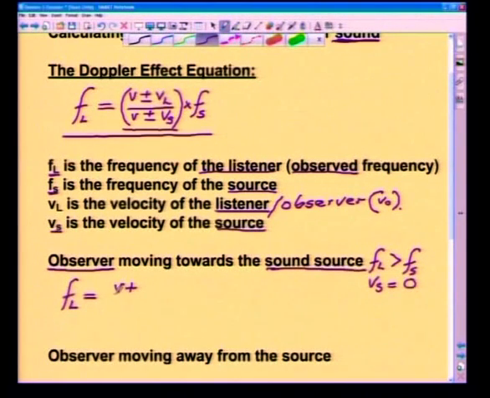So it will be V, which is the velocity of the waves in the medium, plus the velocity of the listener. We can't say minus. If we say minus, then we'll be bringing it down, yet it should be getting bigger. That will be divided by the velocity of the waves in the medium minus the velocity of the source. We want to make this one smaller, but we know that the velocity of the source is 0, so it's not going to make any difference, but we need to put it in there because what we are talking about here is scientific principles, science concepts that we need to clearly convey to whoever is going to be marking